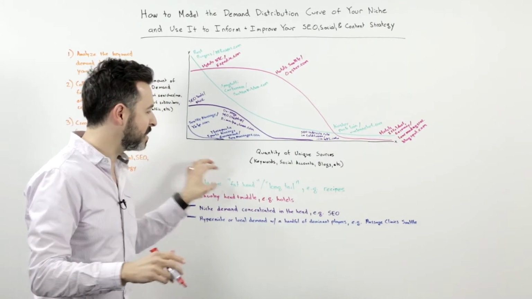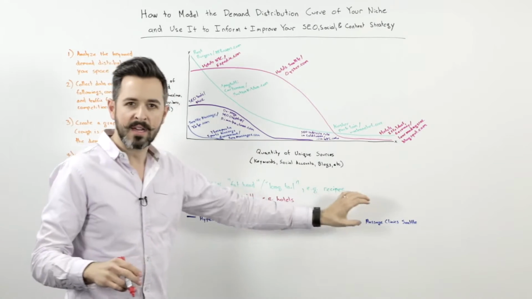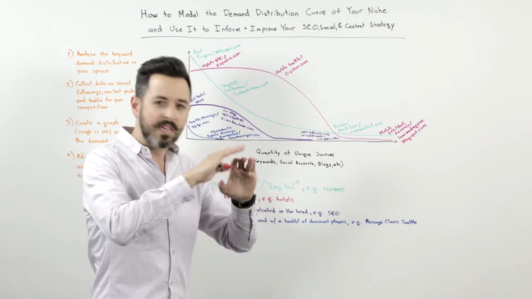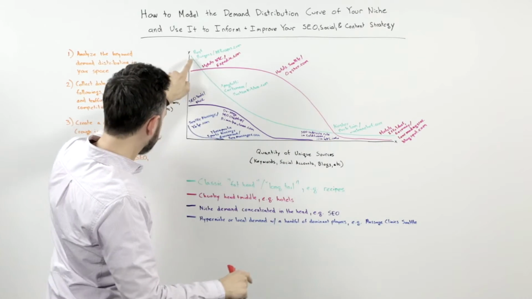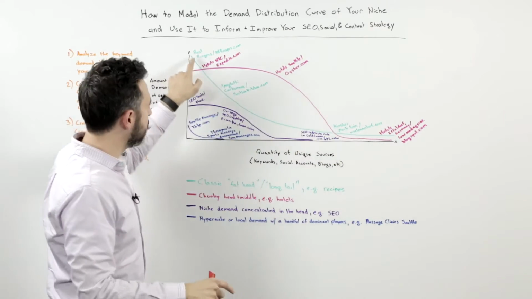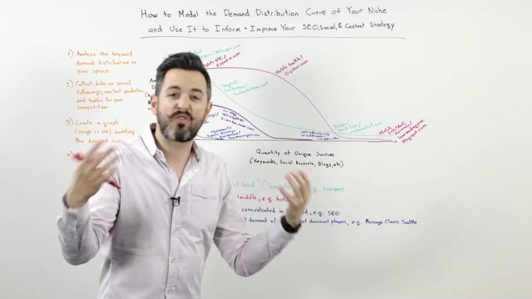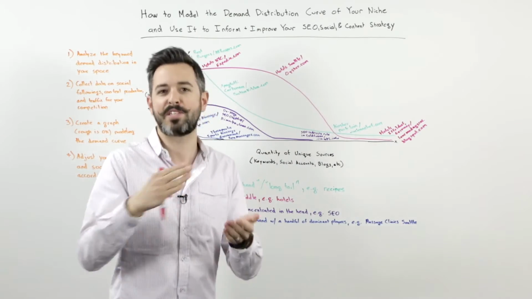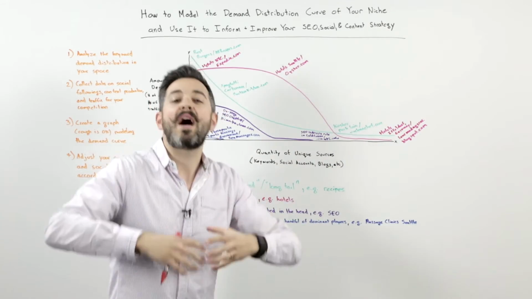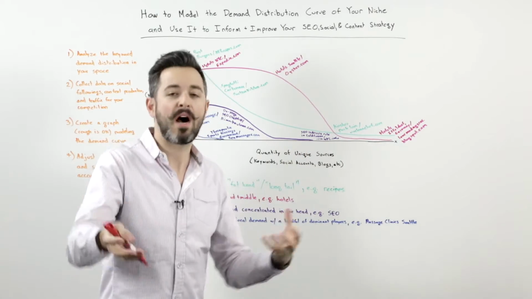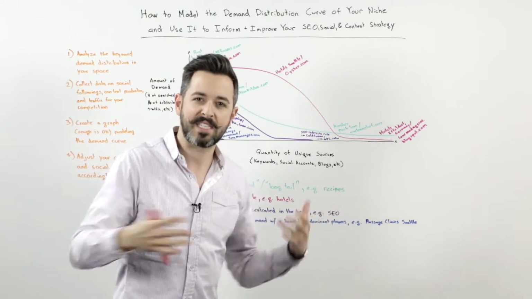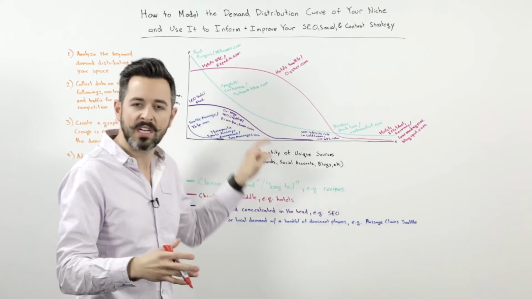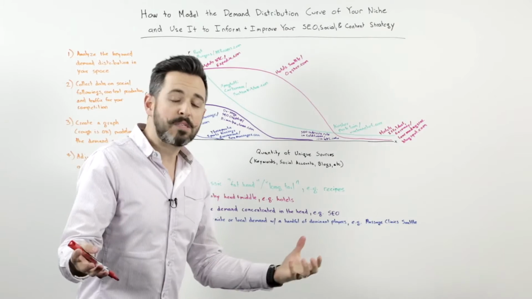So let's start with this classic fat head, long tail. And I'm using the example of recipes. Recipes is a space with a very, very classic keyword demand curve model. It's this green line here. And you can see up here, it's the things that we all search for the most, right? It's the recipes for the best burgers or the best steak or the best chili, or whatever the top 50 recipes that are made most commonly in the United States in my example, but it could be the country of your choice, right? And then down here we get into some other things that are slightly less popular but still get